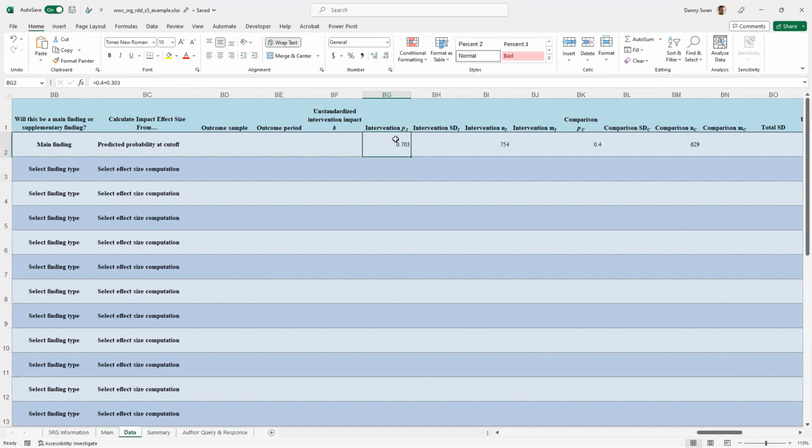So once you've got, for predicted probabilities, a predicted probability for the intervention group, the intervention N, the comparison group probability, and the comparison group N, it'll automatically calculate the Cox's index, which is comparable to the Hedges' g. If you're a little confused about how I arrived at these values,